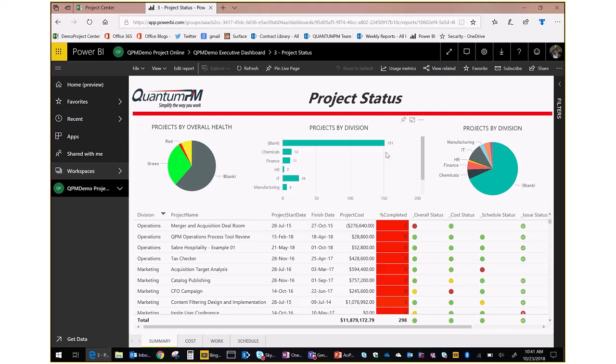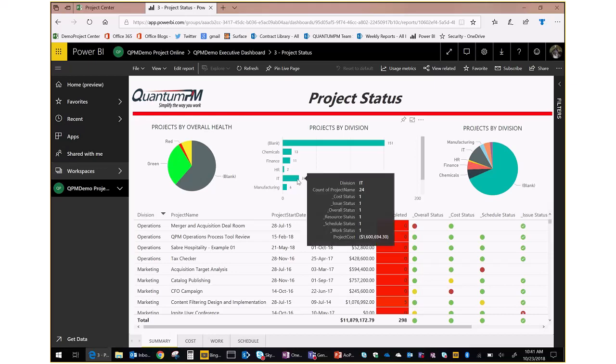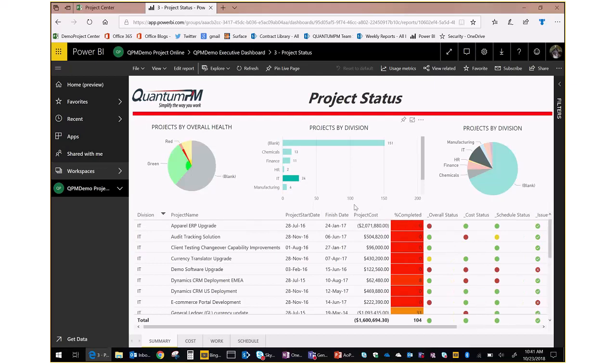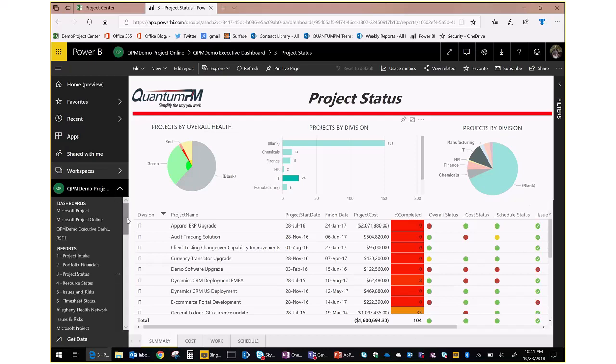But what I can do here is isolate data by organization, so that I only see the things that are appropriate for that particular organization. And I may have different reports based on the kind of organization it is. So different ways to look at all of that data as it comes through for you.